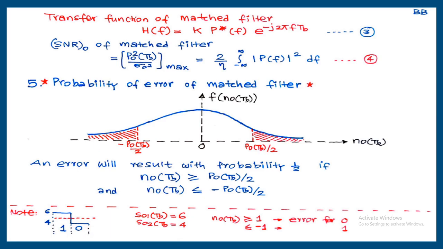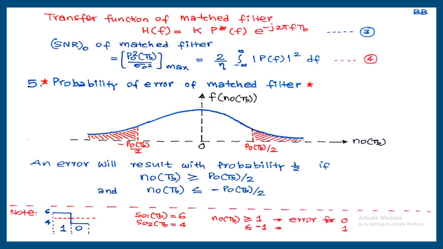We are transmitting 1 and 0 with two voltage levels, that is plus 6 volts and plus 4 volts. So the decision boundary will be 5 volts. How to get that 5 volts? (6 + 4)/2 is equal to 5. That's the decision boundary. Any voltage greater than 5 should be considered as 1, and any voltage less than 5 should be considered as 0. So the decision boundary can be obtained after knowing 6 and 4.